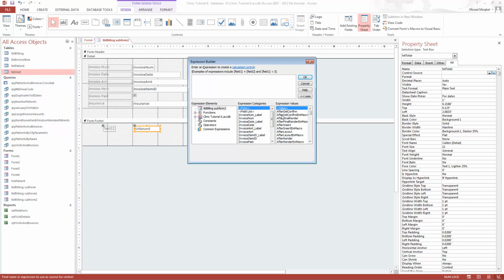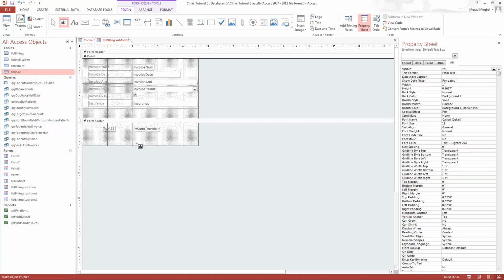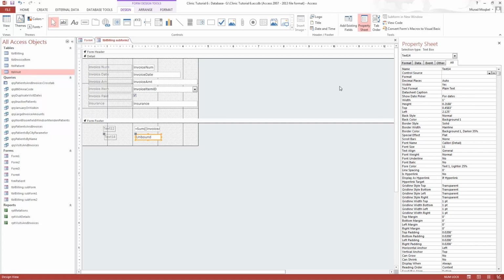Alright, now this is the total, which means I need to put a formula or a function, so sum, and then I will need to put invoice amount. Here it is. Alright, let's see here. Invoice amount. And then the other one I will add is, let's see, box, the,